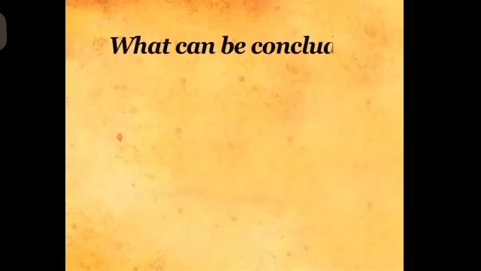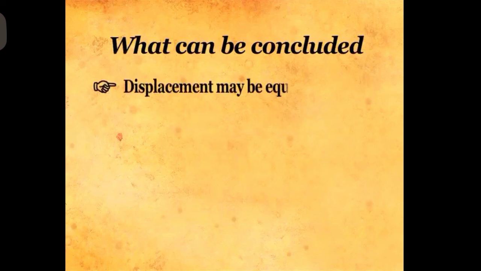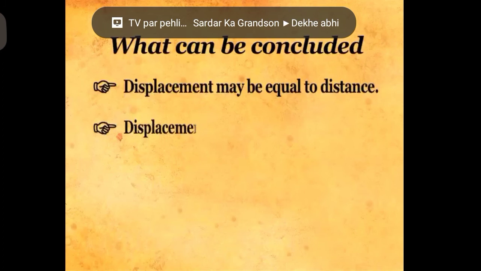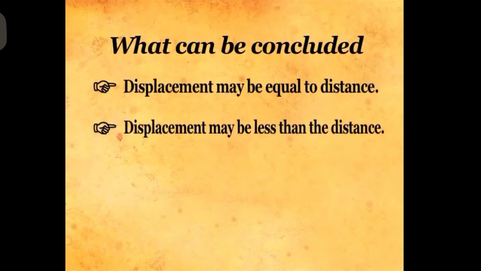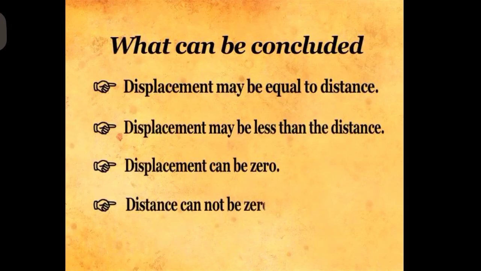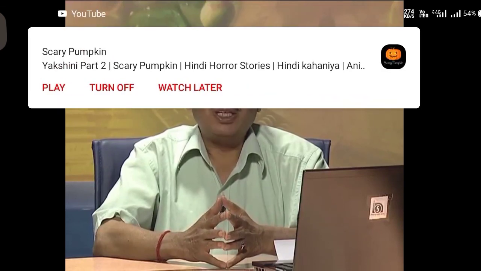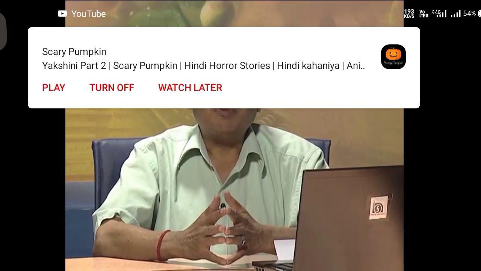Here we have taken these four cases, and on the basis of these four cases, we conclude that displacement may be equal to the distance. It is depicted in the first case. Displacement may be less than the distance. It is depicted in the second case. Displacement can be 0. It is depicted in the third case, and distance cannot be 0, because in all the four cases the distance is not equal to 0. However, displacement can be 0. And one thing is very important here,